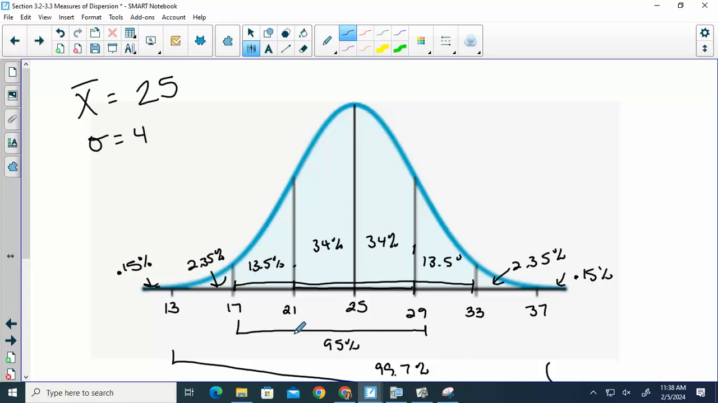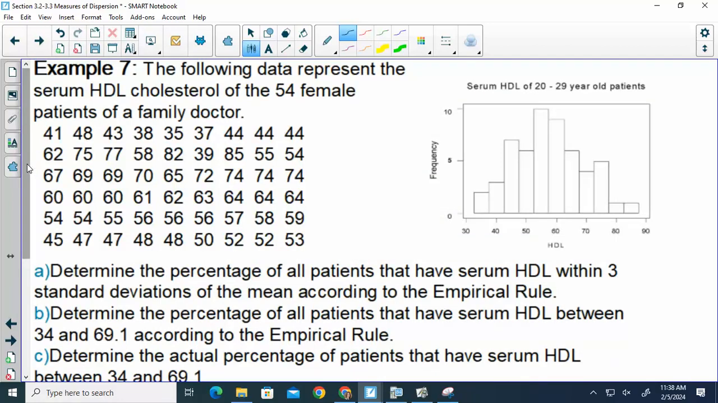So let's look at a problem. This data gives cholesterol for 54 female patients of a family doctor. Determine the percentage of all patients that have cholesterol within 3 standard deviations of the mean. So here's a quick, I gave you this graph to verify, is it bell-shaped? Not perfect. Is it somewhat bell-shaped? Yes. So that means the empirical rule, since it's not perfectly bell-shaped, it may not be exact, but it should be close. Let's check. So if we want to actually find within 3 standard deviations, we need the mean and